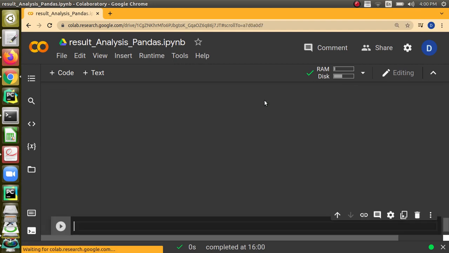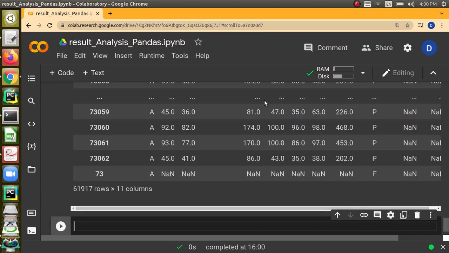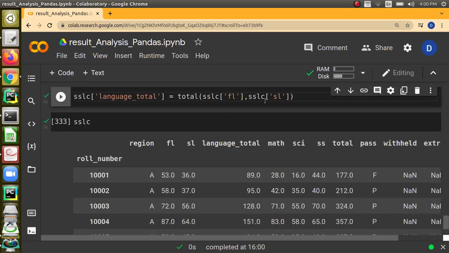This is enough. This will be taken care by pandas by a concept called as broadcasting. What is meant by broadcasting is, we are giving a column name equal to, and we are calling a function total, right? This total, we are passing the column names whose values have to be taken. That's all. Automatically pandas will do it for each row.